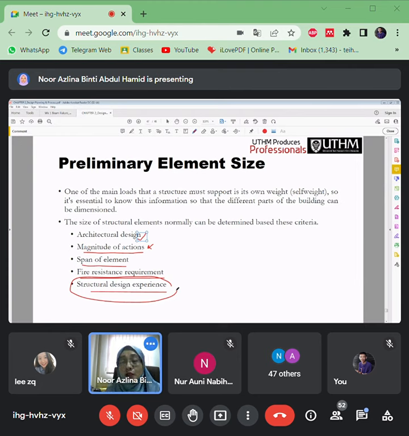Dulu saya UTM. UTM, I tak ada experience langsung. Kita tak ada subject design software langsung kan. Kita expose dengan AutoCAD. So there's no design software that we learn at that time. So can you imagine bila I masuk kerja, I kena belajar software that Esteem. Yeah, it's not so difficult to use Esteem, right? It's quite simple compared to the Step Pro.